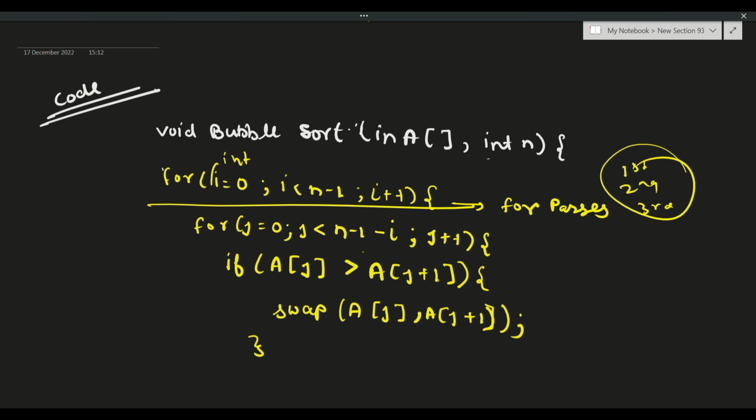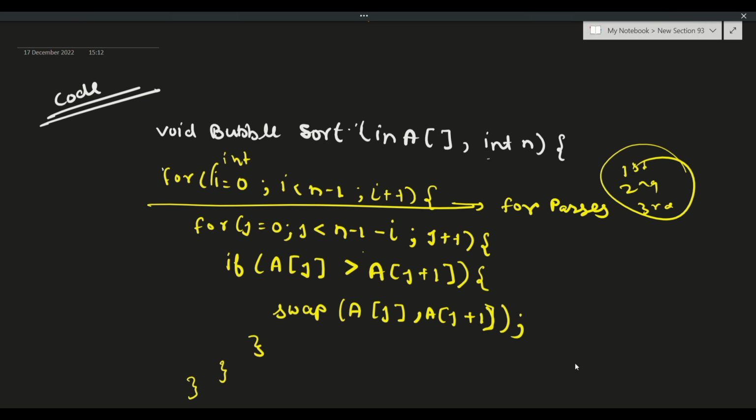But there is a fault that we understand after this code. This is the condition by which we can sort that particular array using bubble sort.